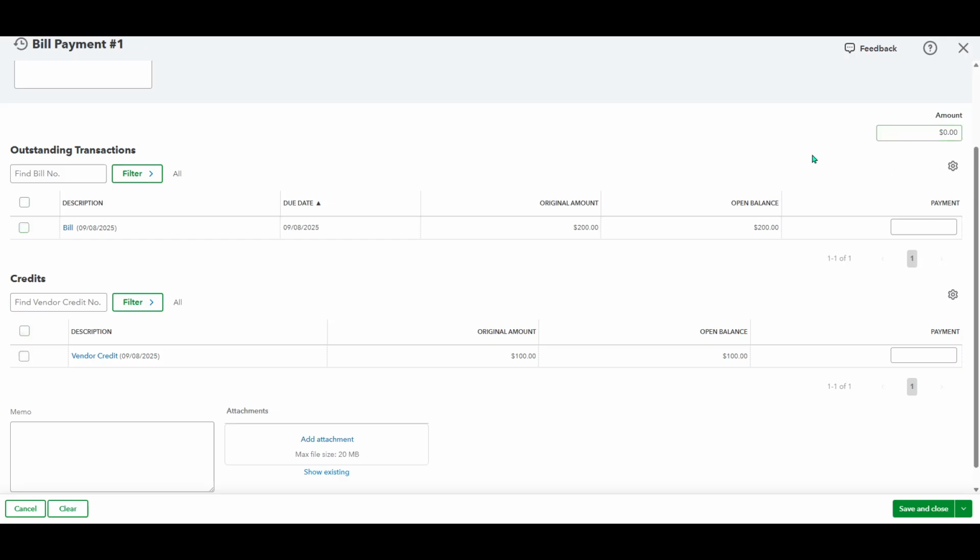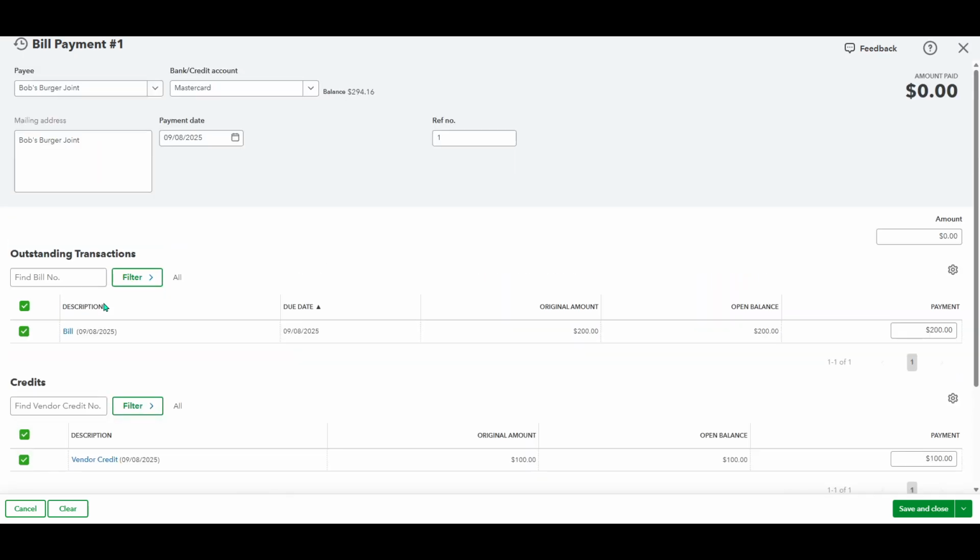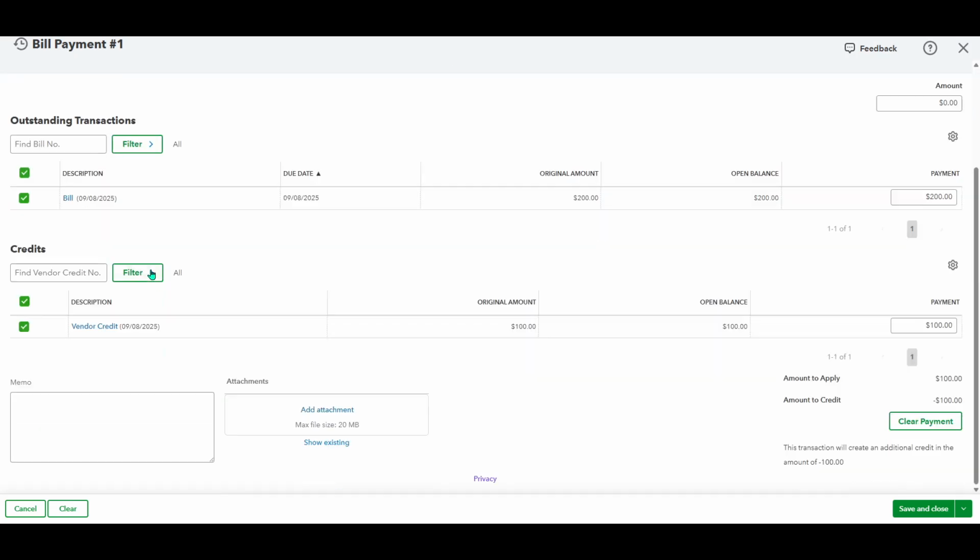On the bill payment page, take a moment to review the details and ensure everything aligns with your records. You have the opportunity to apply your available vendor credits to the bill in question. Look for the specific vendor credit you want to apply. The software should provide you an option to select it. This functionality is designed to help you reduce the total amount you owe on a bill. Applying vendor credits efficiently can significantly decrease the cash outflow, which is a great benefit for maintaining healthy cash flow